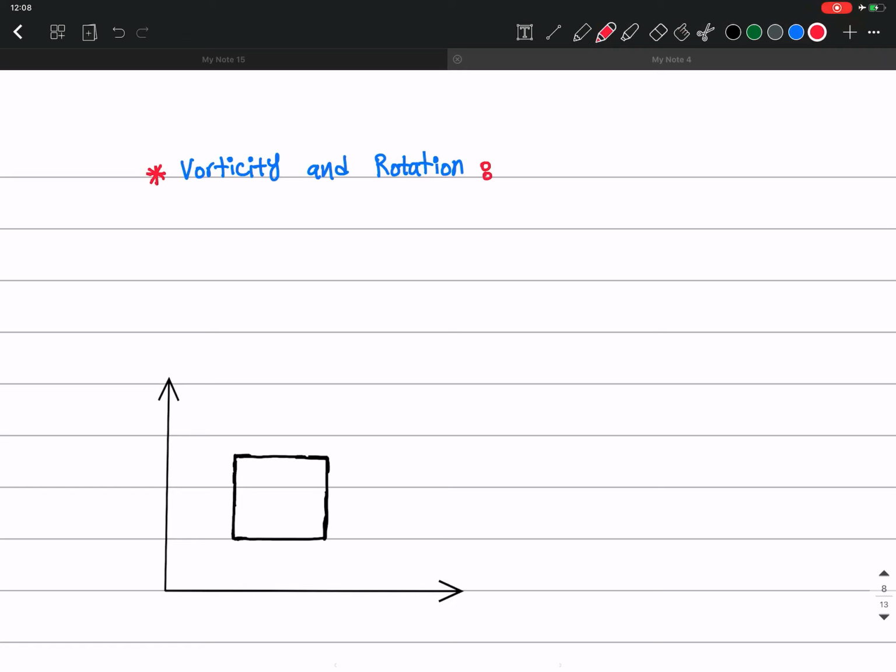Hello everyone. In this session, we are going to start a new topic and talk about rotation in fluids. The first thing I want to talk about is the difference between vorticity and rotation, how they are related to each other, and how we define vorticity and rotation in a fluid. After that, we are going to use what we call irrotational flows, and then we are going to